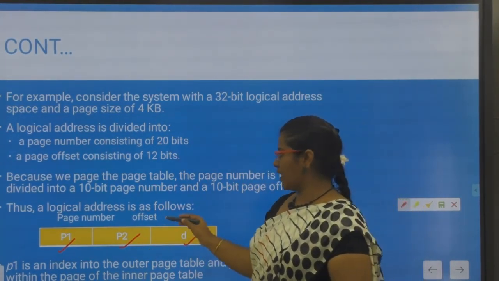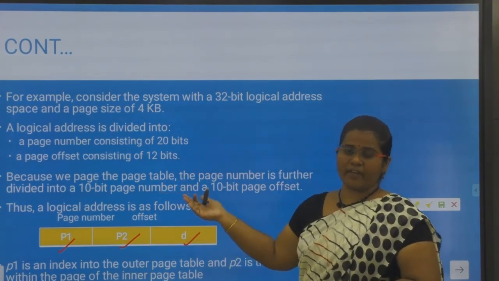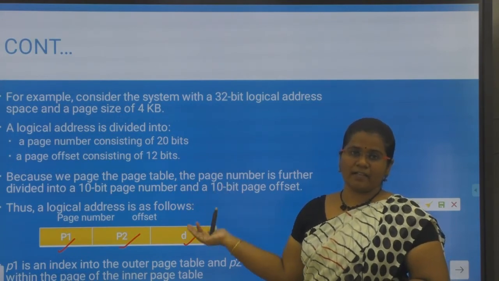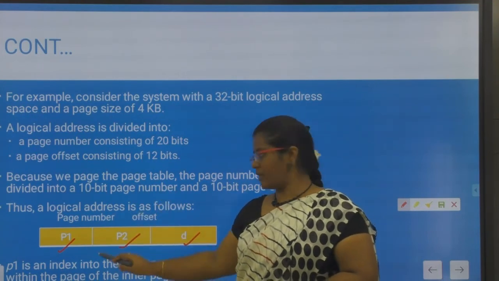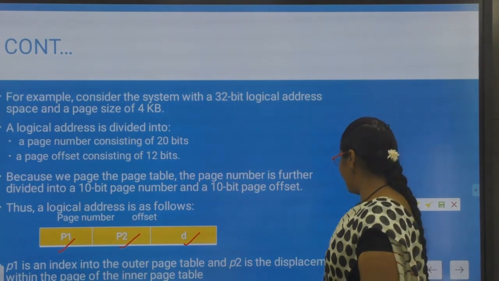So now your logical address will contain 3 tuples. In the previous concept, in normal paging with a single page table, you have a page number and then an offset. Now since you have 2 page tables, in order to refer to those 2 page tables you will have 2 page numbers followed by the offset.